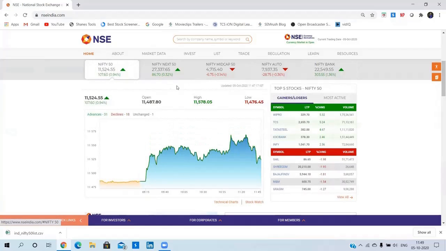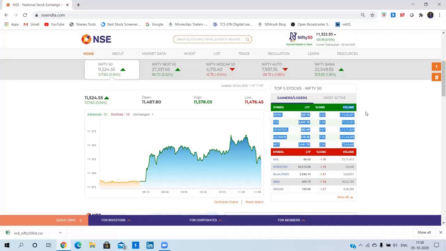Okay, so talking about the right side column which is present here, it shows the gainers and losers of the market. So guys, for today, these are the top gainers of the market and these are the top losers of the market. Here it is shown LTP, that is last traded price, or we can say the current price of the share, right? Then the percentage of change, it can be either an increase or decrease, right? Then the volume of shares that are being traded.